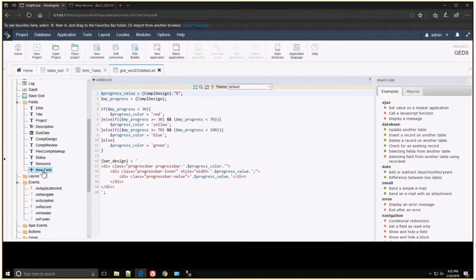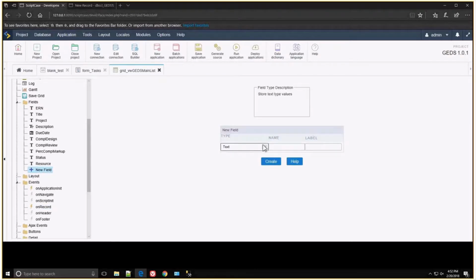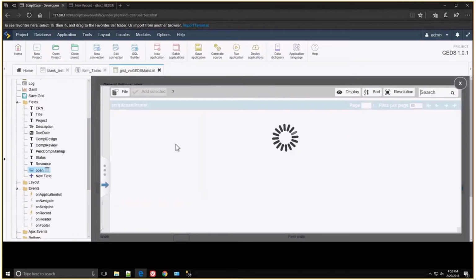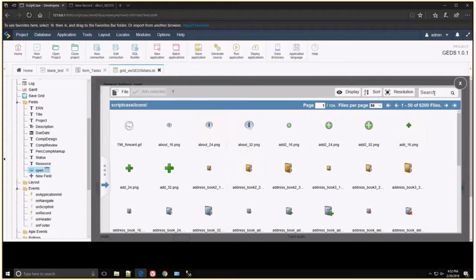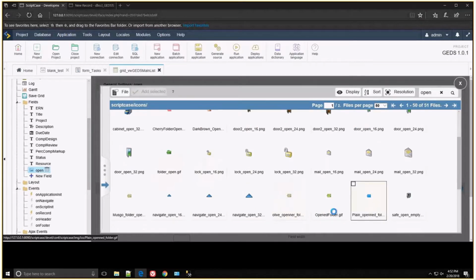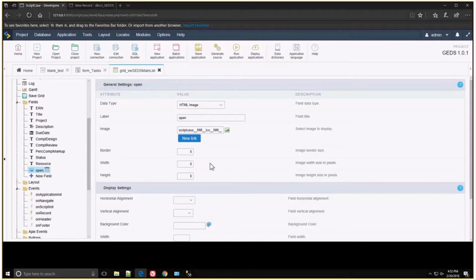I'm going to add a virtual field right here. So I'm going to say next, and then this field will be an image, and I'm going to put open. And then I'm going to select an image. So these images are built into the tool, and I'm going to look for the ones related to open, and then if I choose a folder, I'm going to add that image. So if I click run,